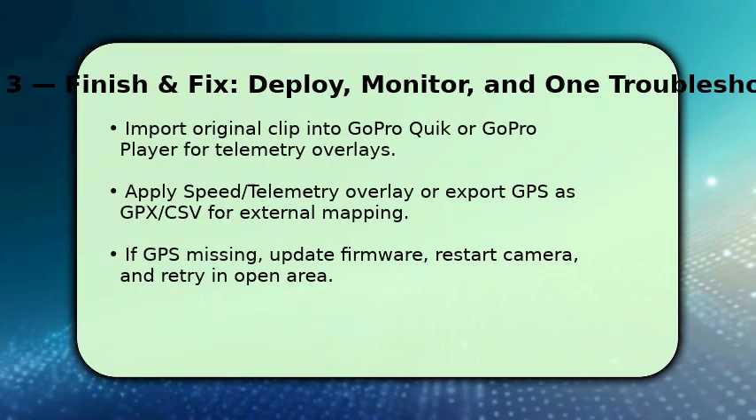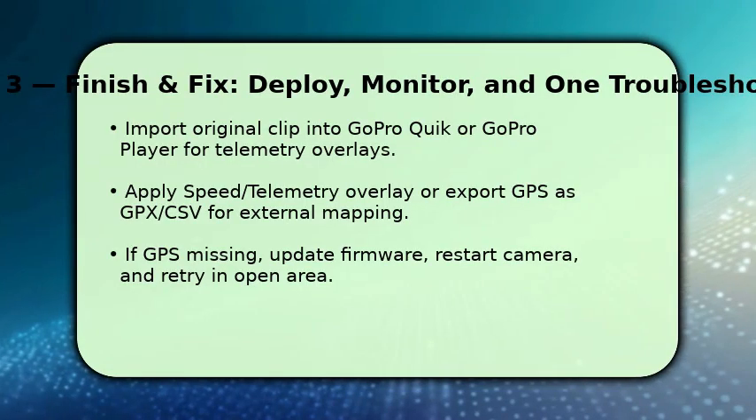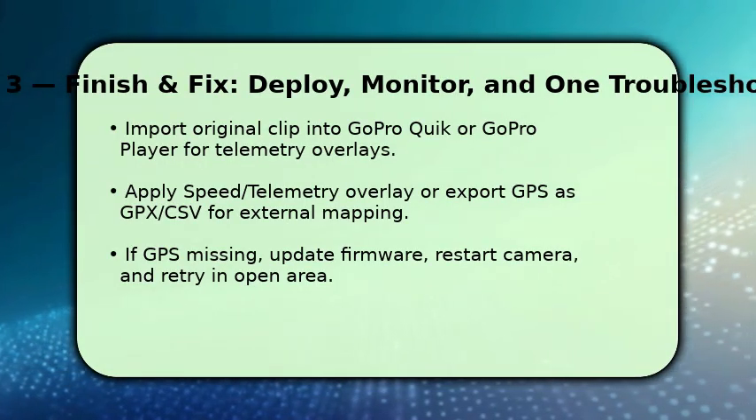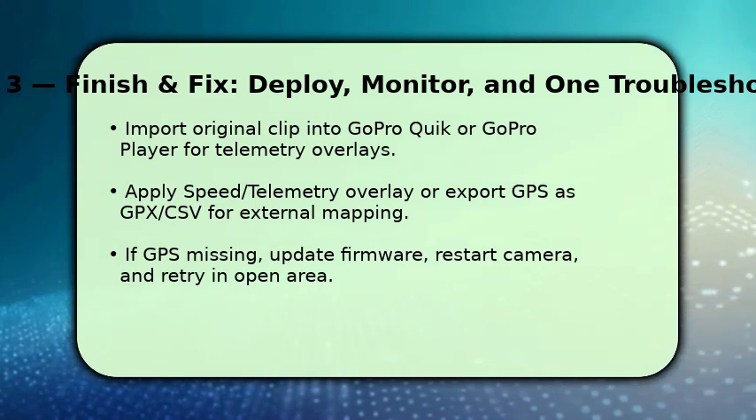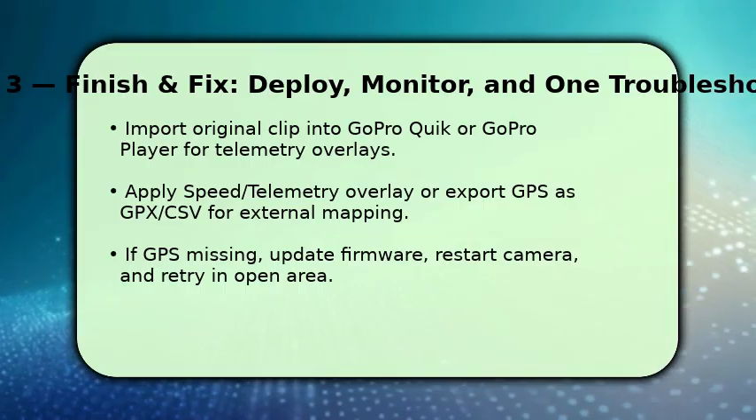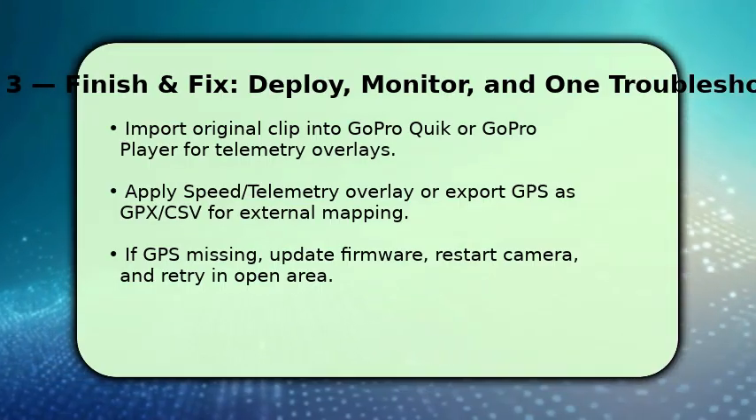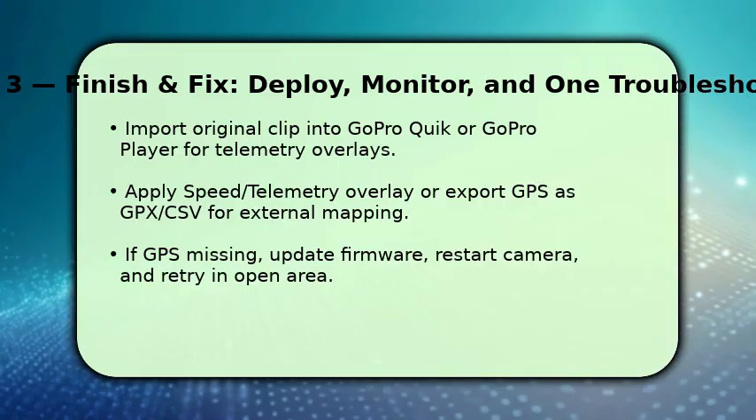You finish by importing the original clip into GoPro Quick or the GoPro Player. These tools read embedded telemetry and let you add a speed overlay directly to the video. Choose the speed gauge style and export a burned-in copy if you need shareable footage, or export GPX/CSV if you